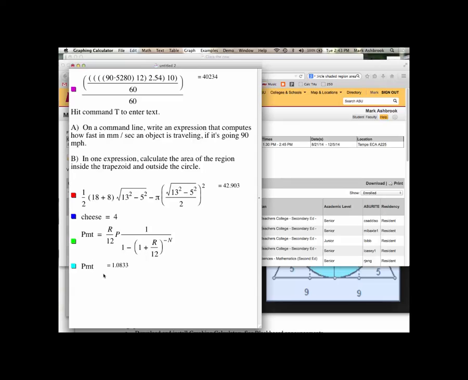So now, instead of going into that expression and changing the numbers, all you have to do is change the lines that define those parameters, and then this payment line will update. Does that make sense? So do that. Just do a couple lines in that table. All you have to do is change your lines where you define R, P, and N, and then that payment will update with the new value.